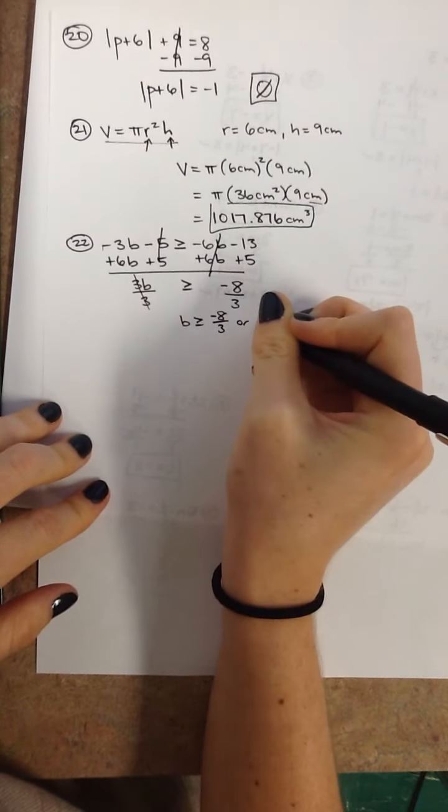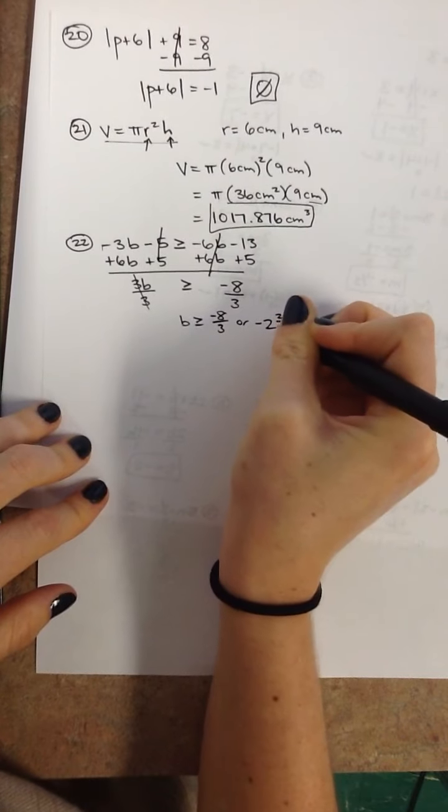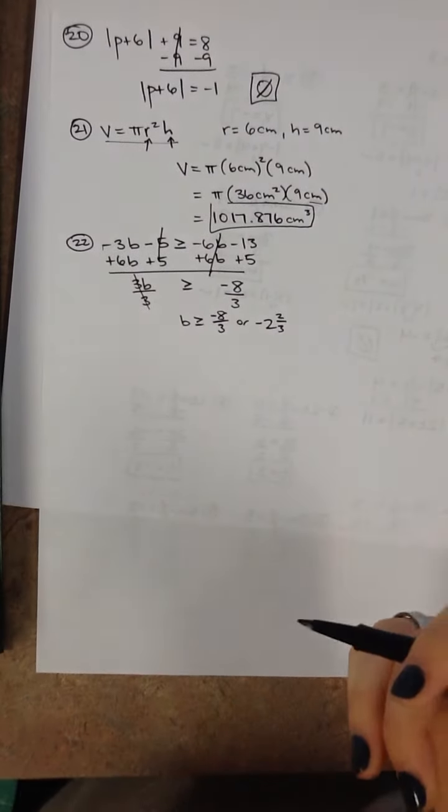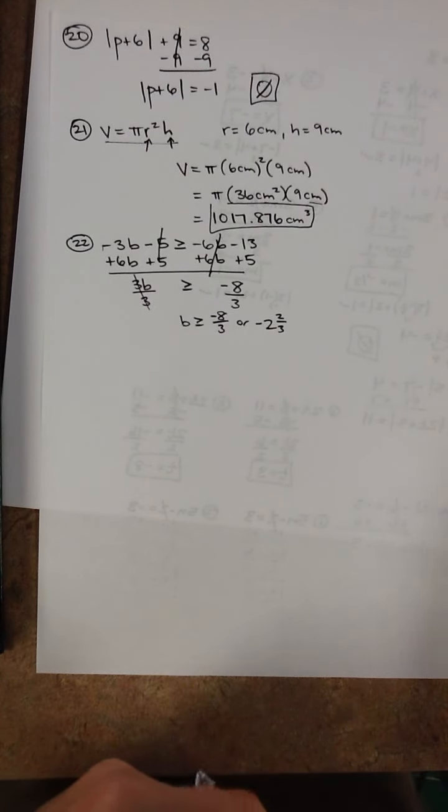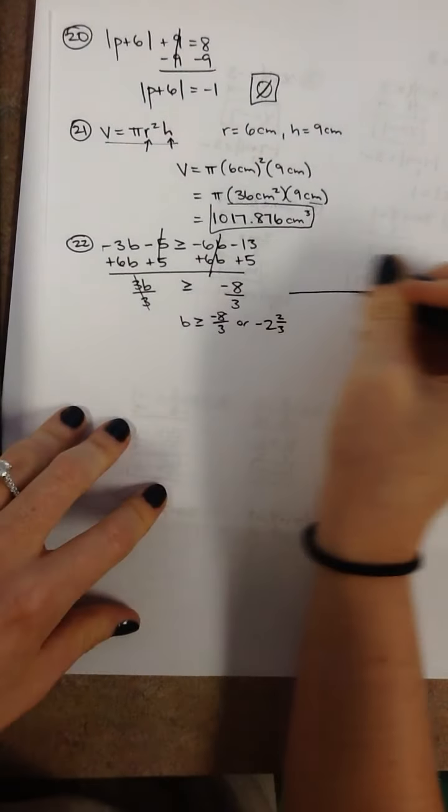Or, if you're a mixed fraction person, negative 2 2/3. We don't want to be decimal people on this one, because you'd have to round the answer. We don't want to round the answer, because it's 0.666 repeating. So to graph this,